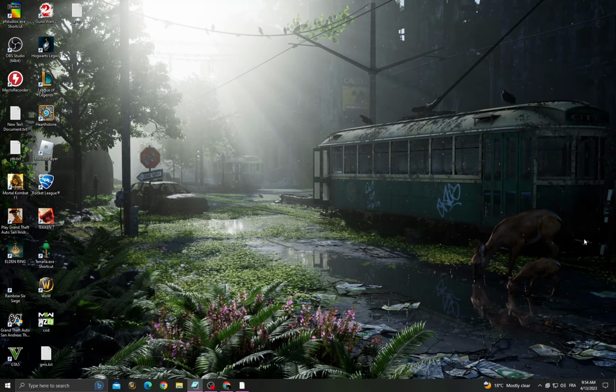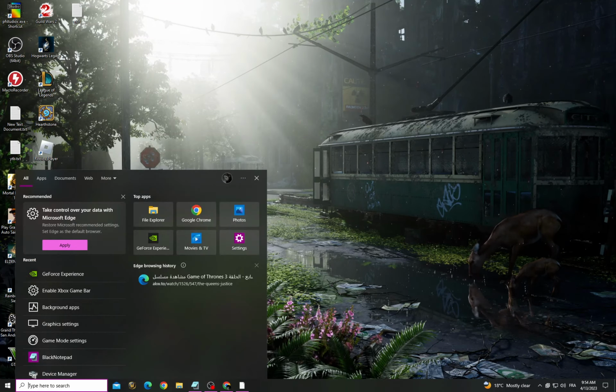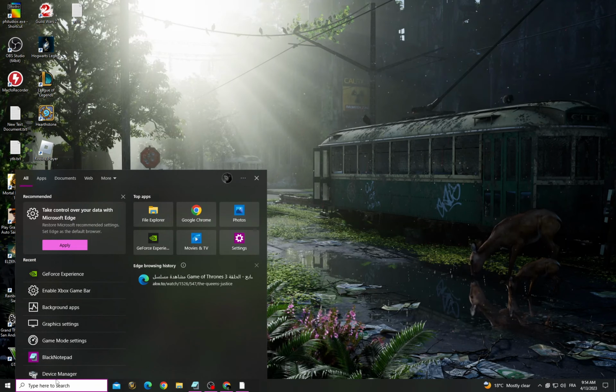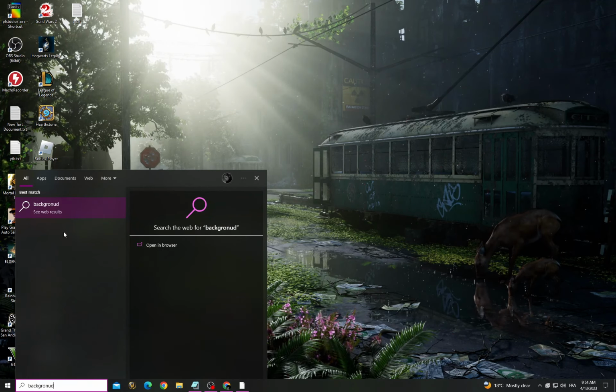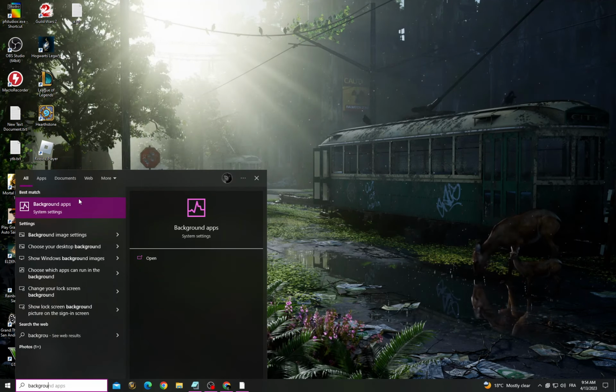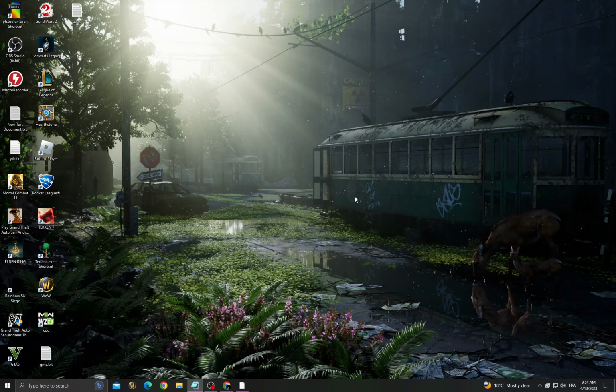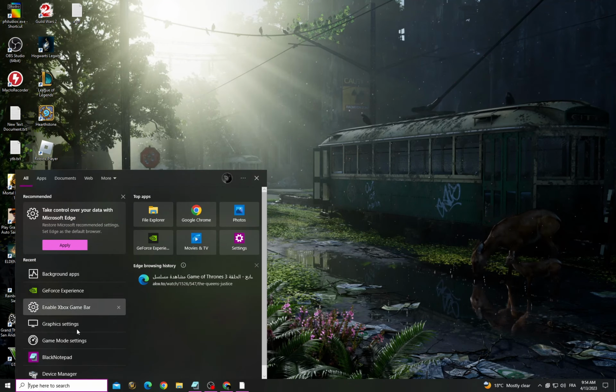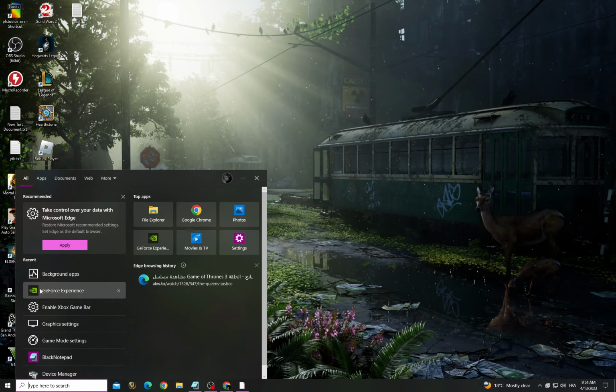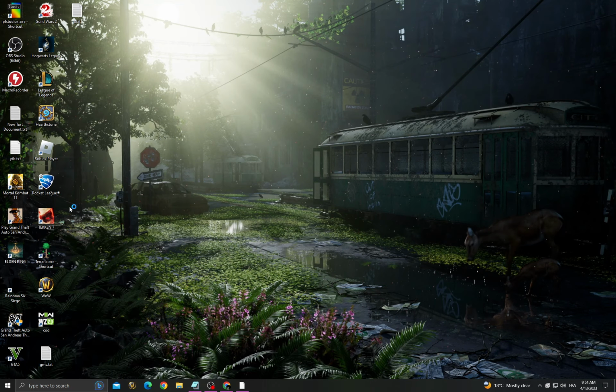If you want to fix this problem, all you have to do, click here and then type background apps. Now turn off all those background applications just by turning off the first option, and then go to GeForce Experience